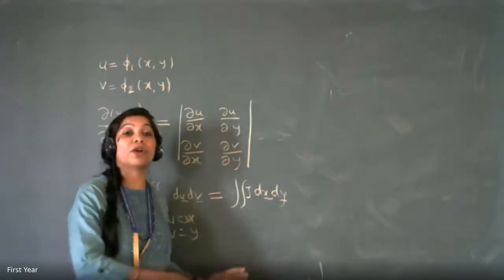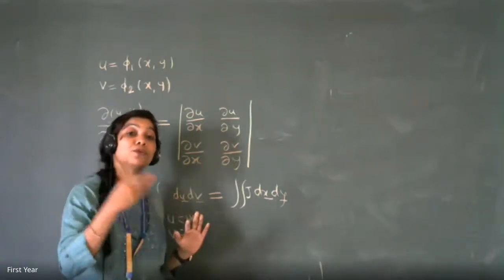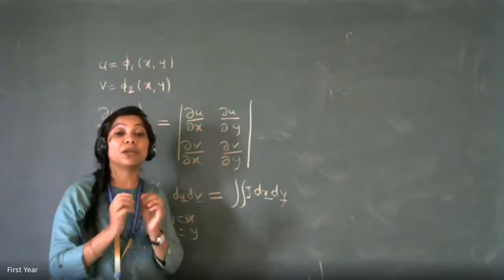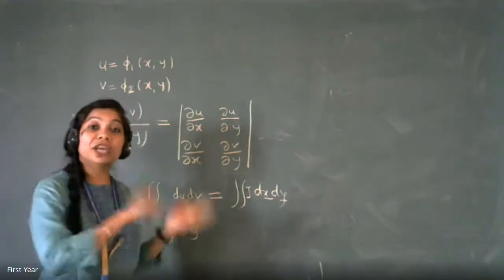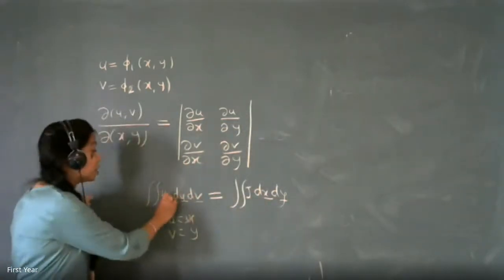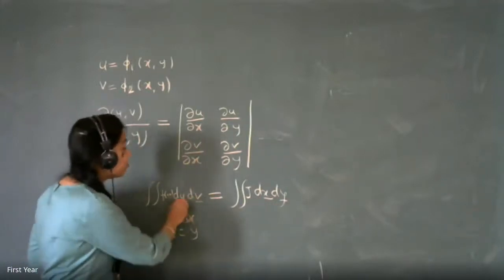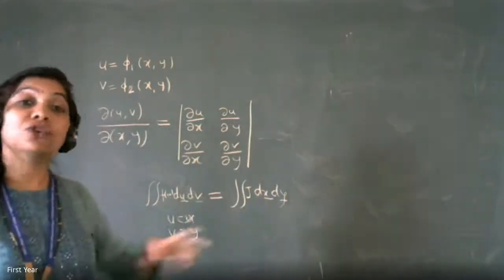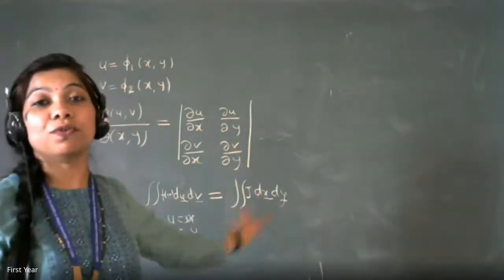For example, polar coordinates: when you have u square plus v square type of thing, then if you put u is equal to r cos theta and v is equal to r sin theta, the value of u square plus v square becomes r square. So it becomes a single variable, and this dx dy also will become dr and d theta. With the change of variables, the function for uv will also become simple. I can't directly transform uv to dx dy, because those variables are not directly related, they are related by some different function. So that's why we have to take care of the transformation of the variables uv with respect to xy.